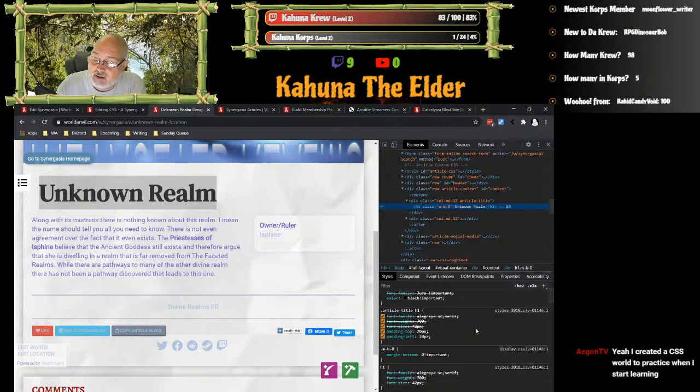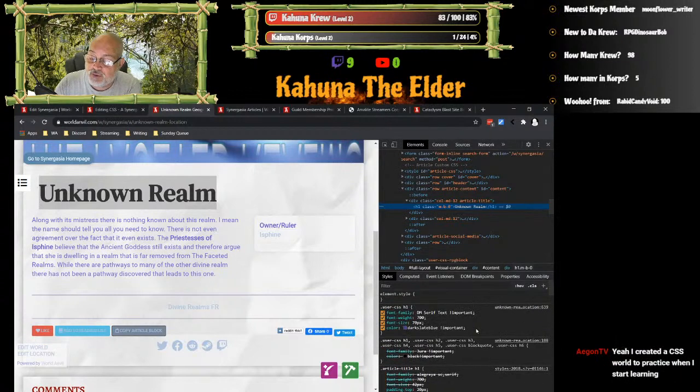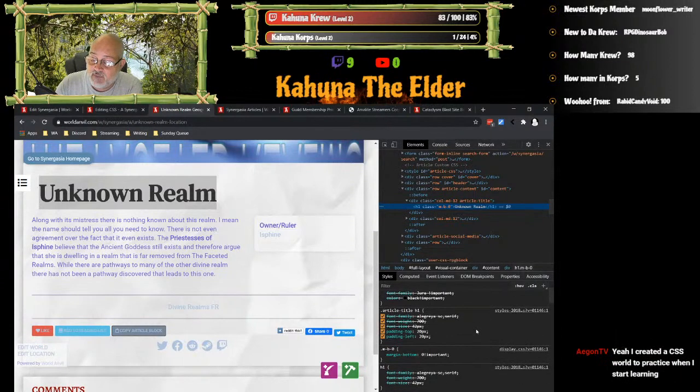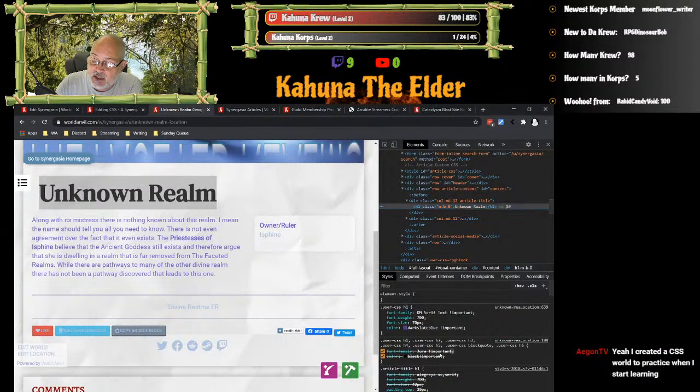If you are looking through down here and you see something that has been lined out, like here it says font family Jura. You see it's got a line through it. That's because something above it has superseded it.